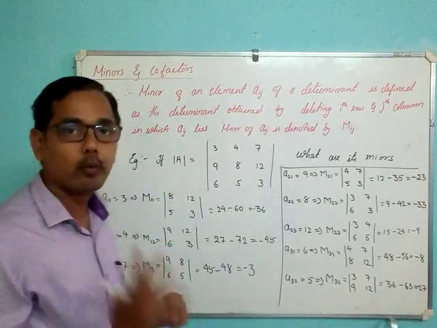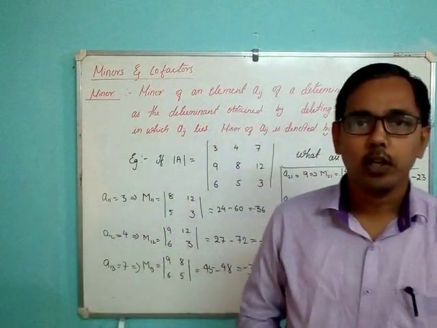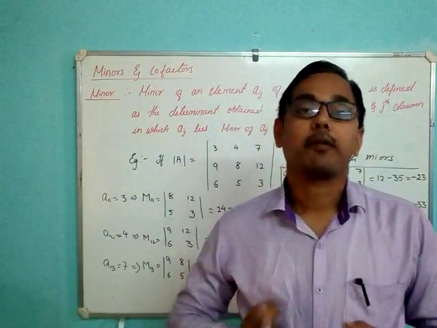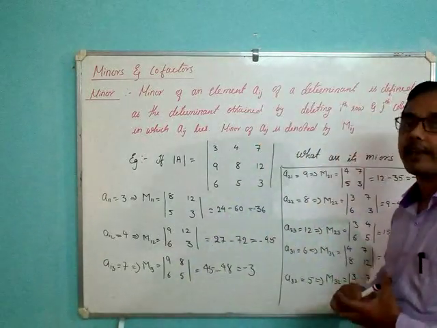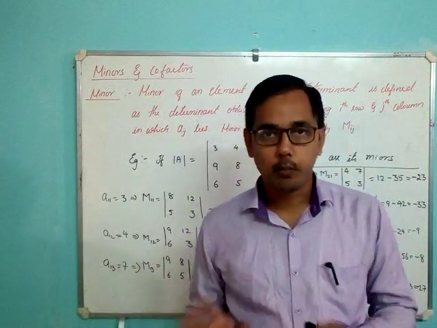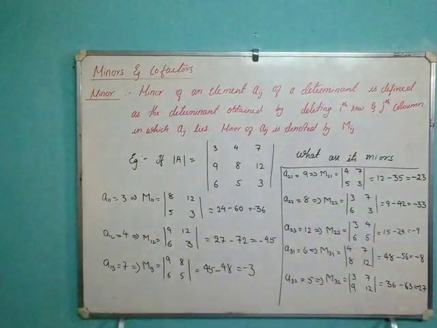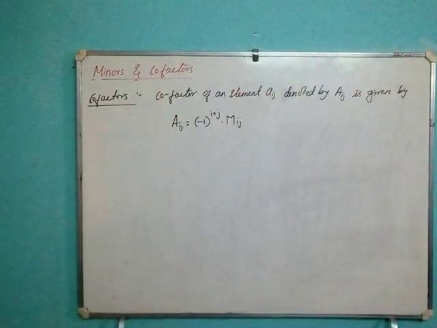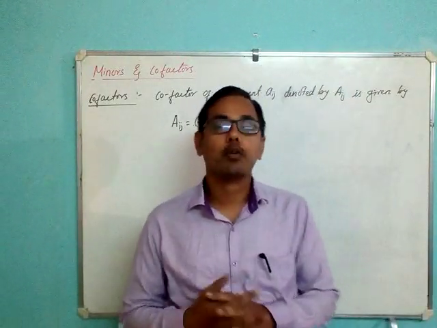Directly, if it is a 2 cross 2 matrix, we will get the minors without solving a determinant. By neglecting the row and column, you will get the values. So if it is a 3 cross 3 matrix, then you need to do it in this particular way. Is that clear? So I hope the process is very much clear here. Now you pause the video and make a note of this. Okay, I hope you have understood the previous definition about the minors.